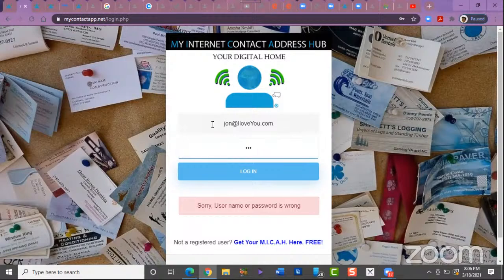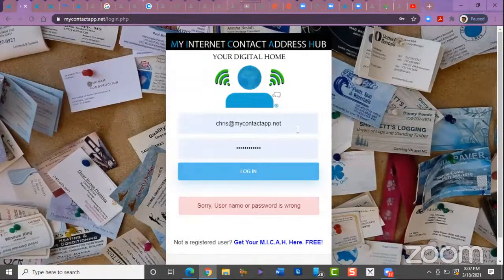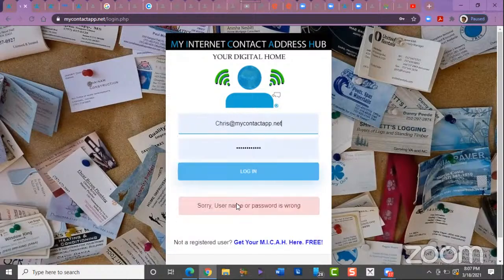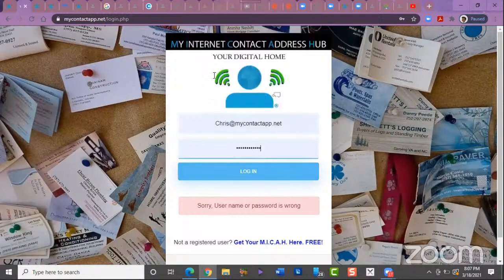Oh, hang on. If you have the wrong password, you can just do a forgot password. And oh my goodness, I have the wrong one. Okay, so I'm going to go to mine. I'm not going to go back through it. But that's it. You're done. You log in. I just put in the wrong password. And having some complications today. But we'll log in